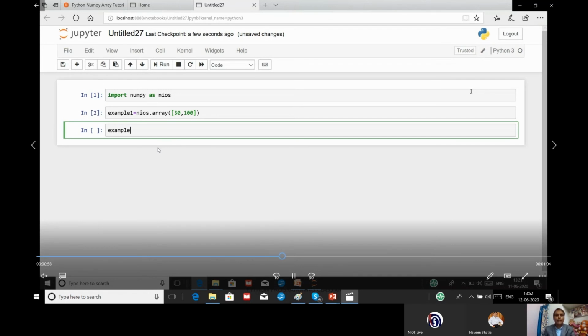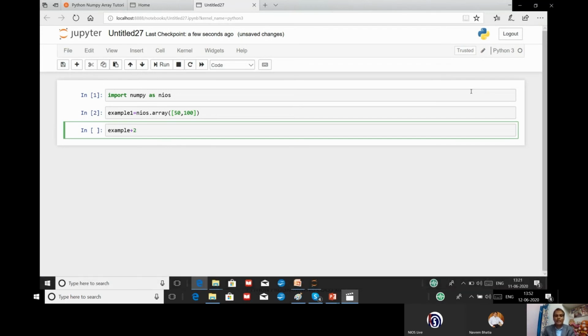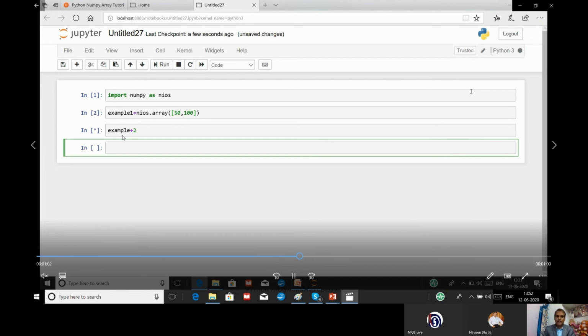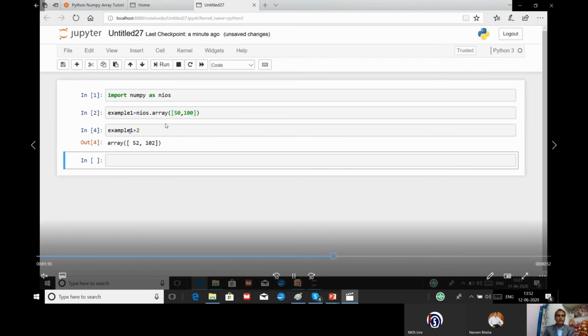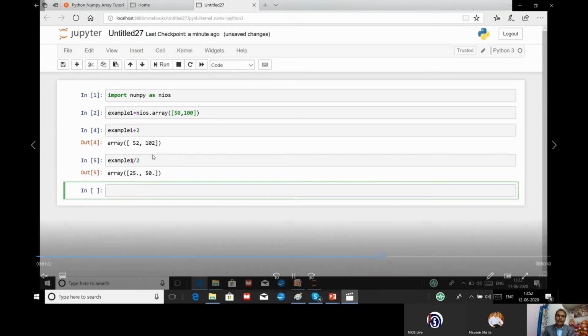I am going to apply a mathematical operation, plus. The variable name was not typed correctly. Now you can see 50 plus 2 is 52, 100 plus 2 is 102. Is it clear to everybody?